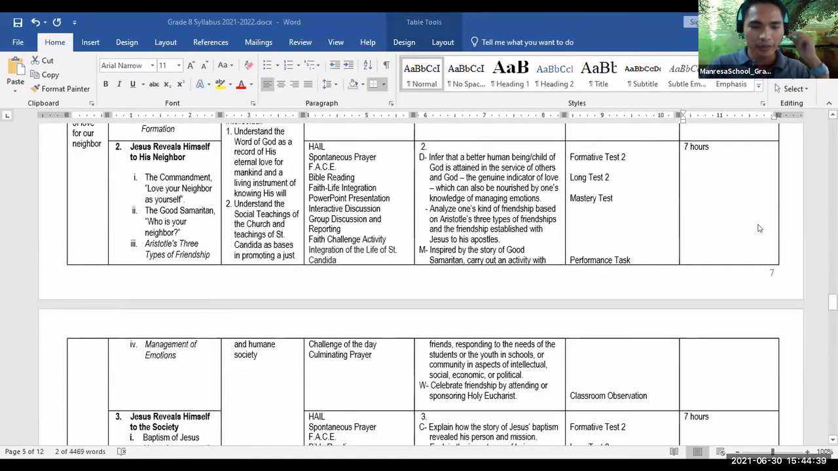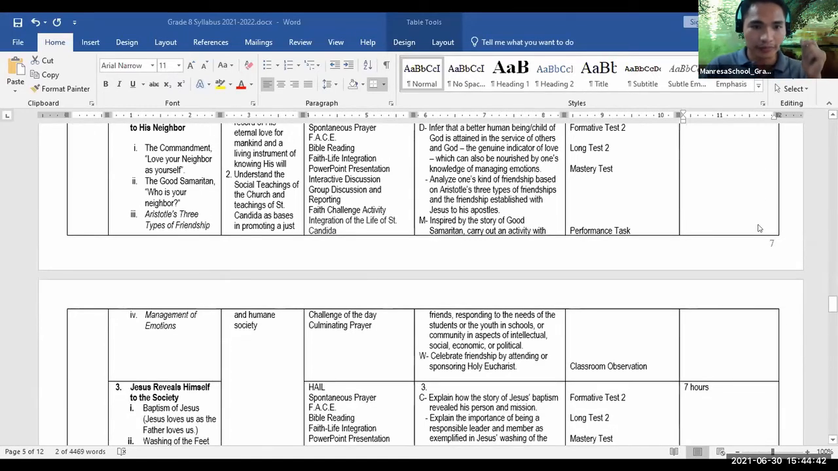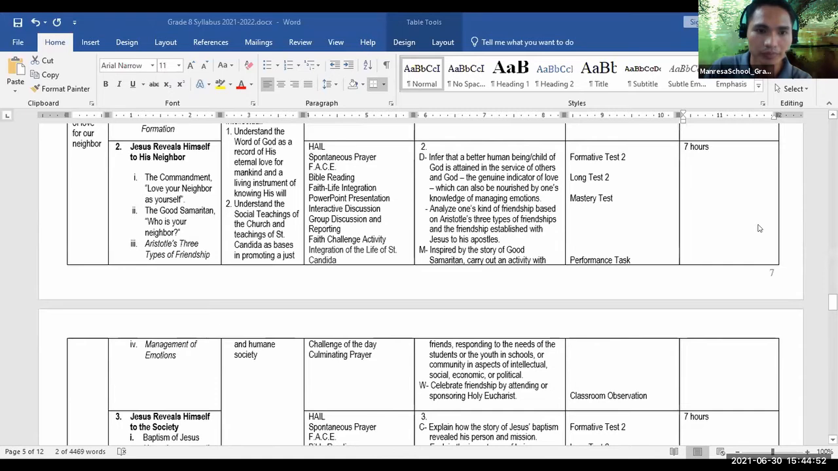Okay. Sige po. Okay. Aristotle's 3 types of friendship. Nakikita ko yan. Management of emotions, nandoon yan. But may not be in the same alignment or maybe not be in the same quarter. O yan. So, bakit hindi na lang natin gamitin yun ang aking sinasabi lagi. No? I'm not imposing but I am advising kasi